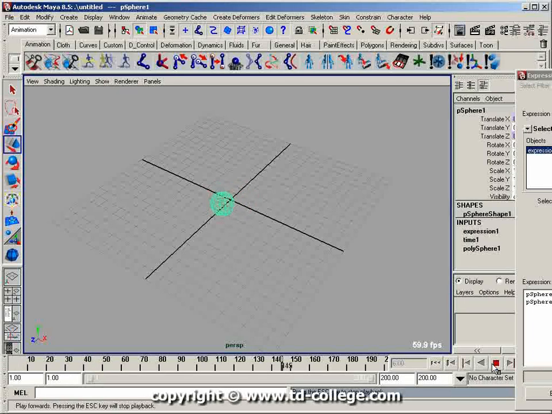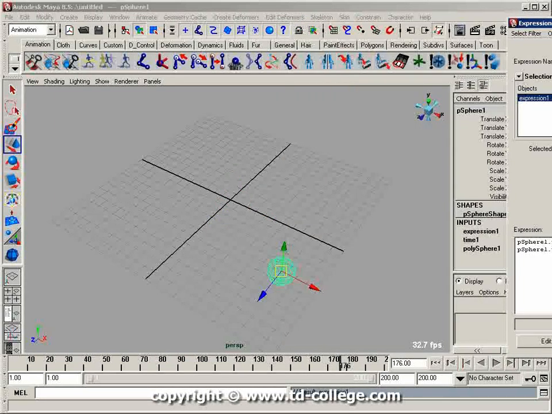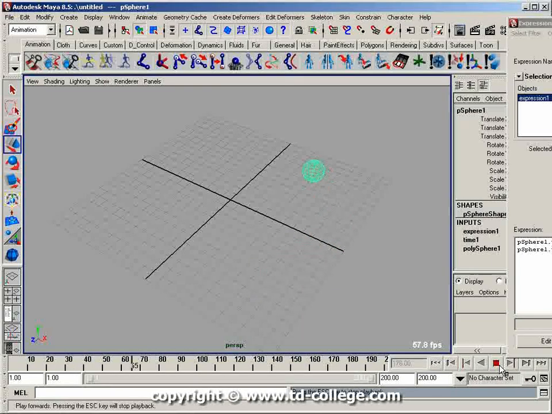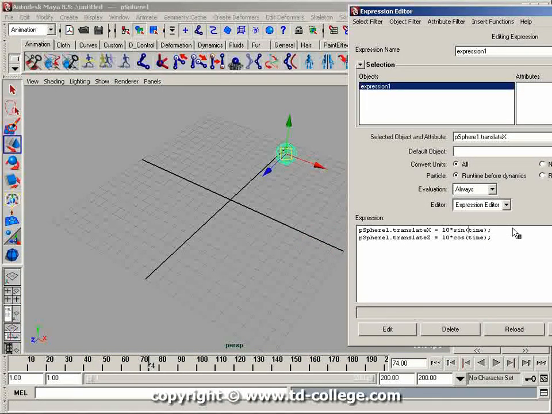But let's say the director comes along and says, well, I want it to be bigger. Now if I had hand keyframed that would be a pain. But now, because I have this driven as an expression, I can just multiply the sine value by like 10 and the cosine value by 10 as well. Hit edit, move this aside, and now as I play back, I have a bigger circle that it's describing. So let's say we go, well, I want it to go a lot faster. So then I can go inside the sine and multiply the time by a certain value. So let's say